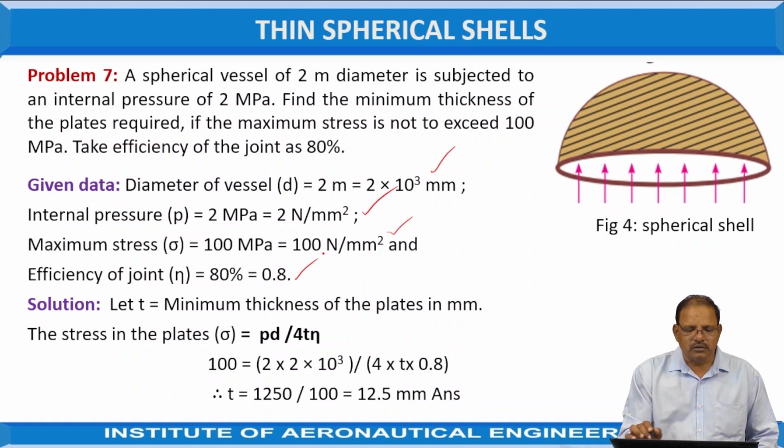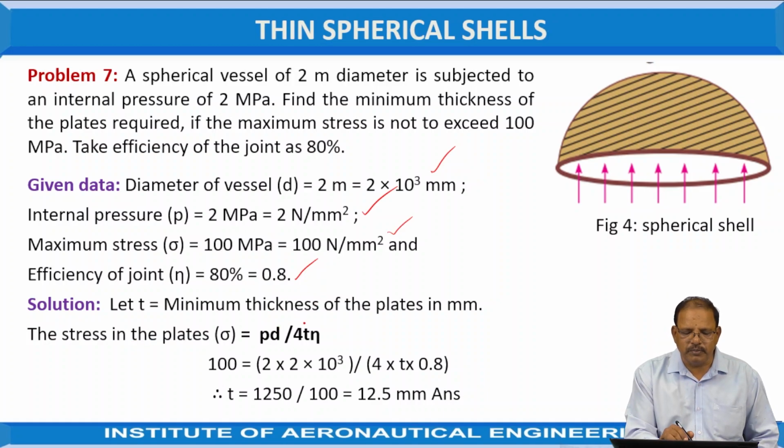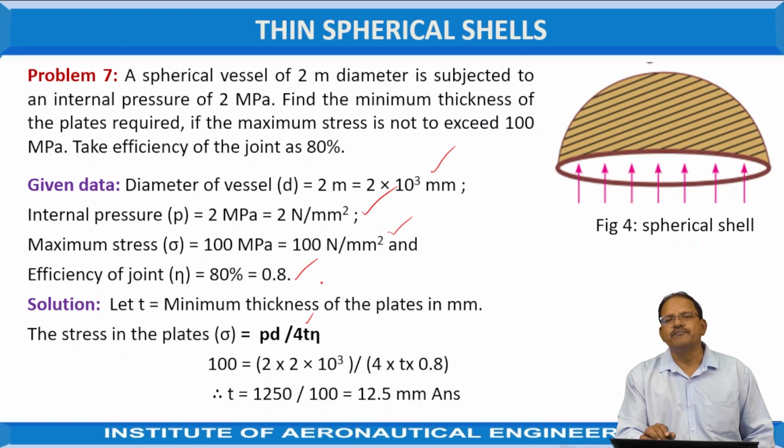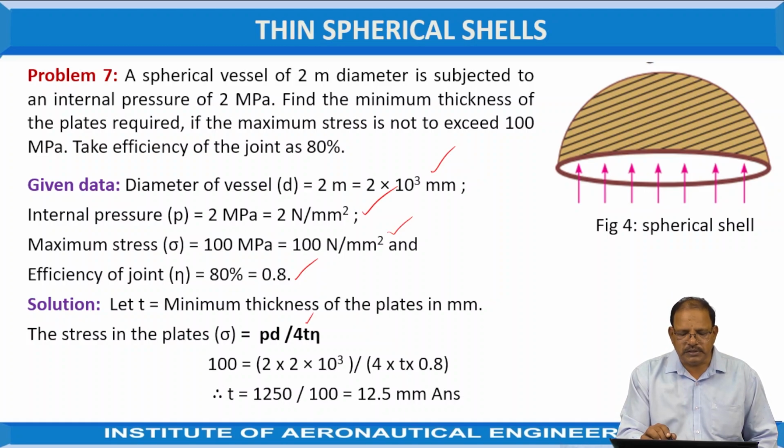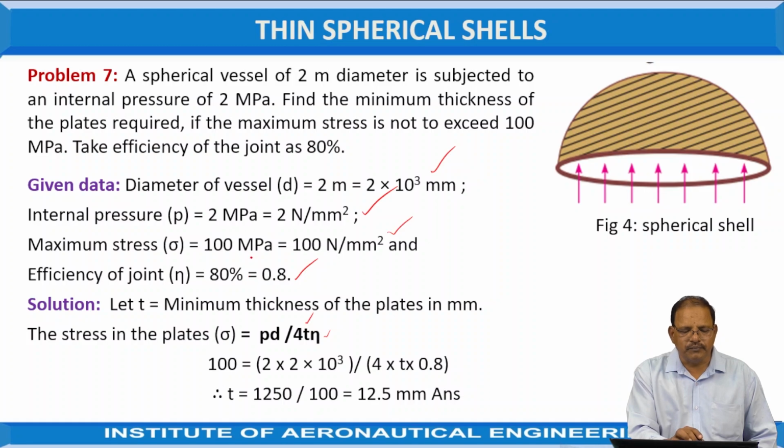So let T be the thickness. According to our problem, we have to find the minimum thickness of the plate required. The relation is that the stress induced in the plate is given by PD divided by 4T. This is nothing but the actual value, but the efficiency is only 80%, so we have to take the efficiency value in the denominator. From this relation, the stress induced is equal to the given maximum stress of 100 megapascal, that is 100 Newton